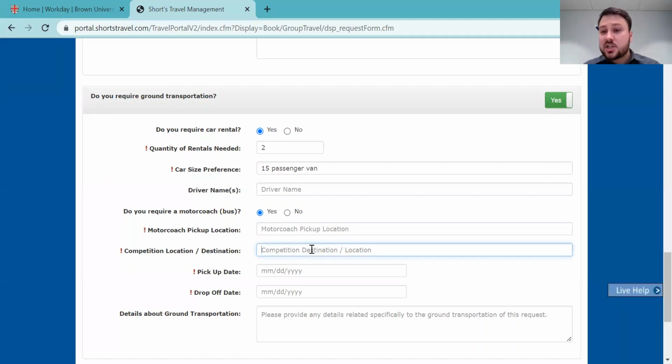And then the competition location. So obviously, as you confirm your hotel, they'll have that info in the itinerary. But we want to put in the competition destination here. If for some reason you are flying and you need a bus to the airport, and then you need a bus where you're competing,